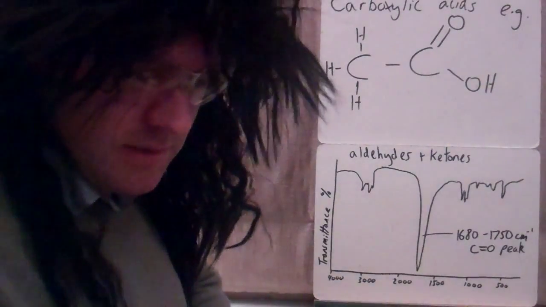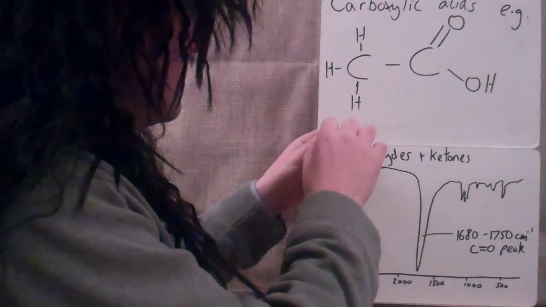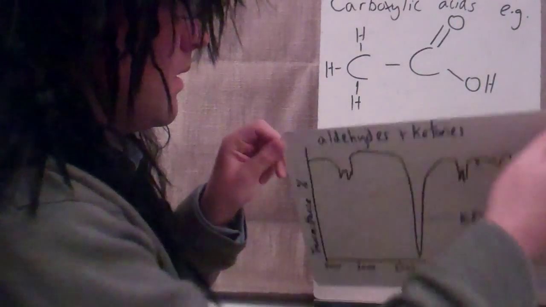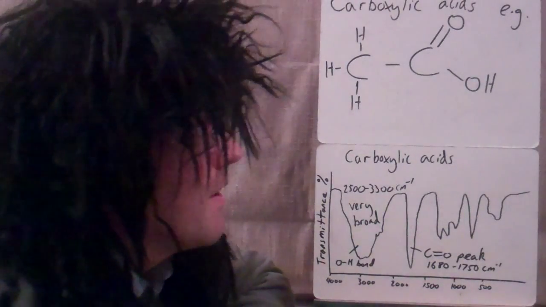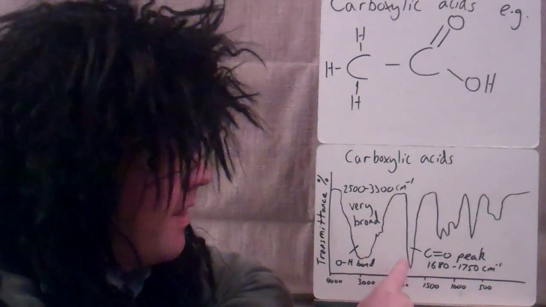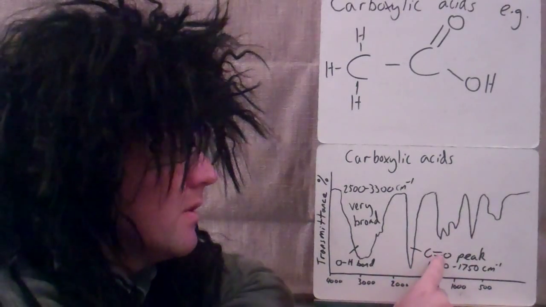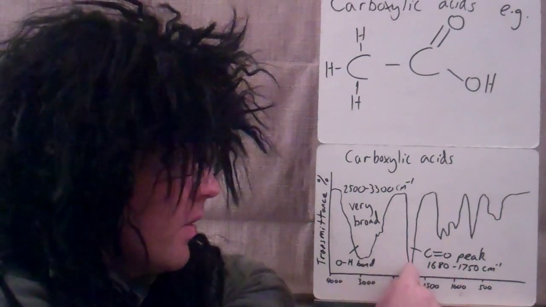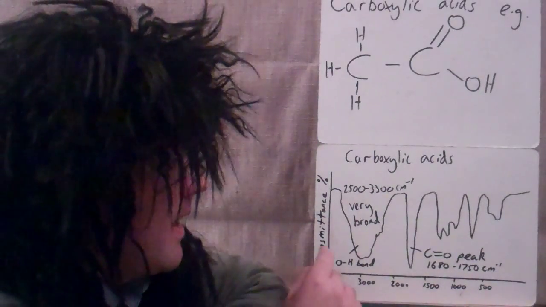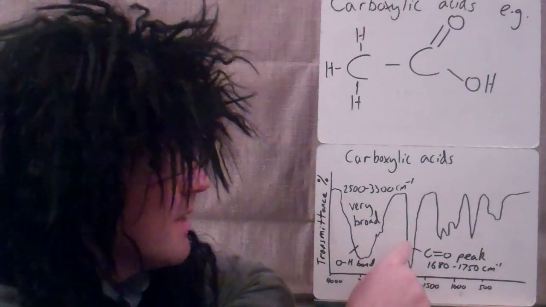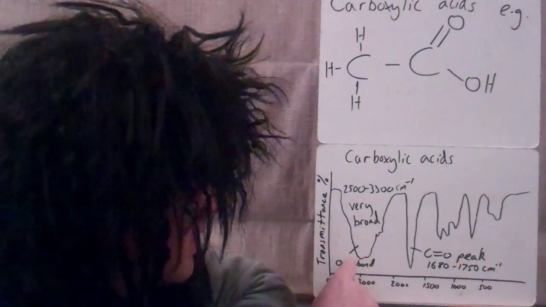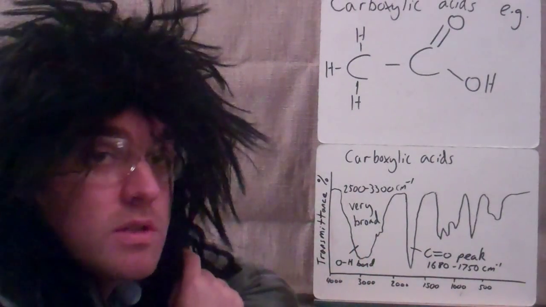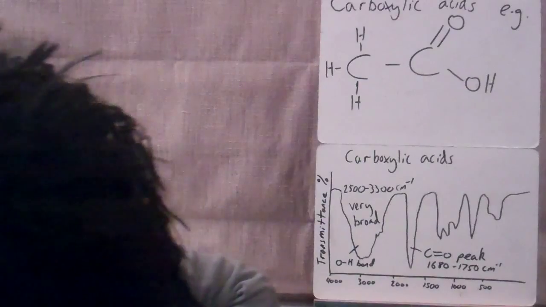are carboxylic acids. They've got something similar to aldehydes and ketones. That's the double bond O, and there it is again in the same area, carbon double bond to oxygen. There we go, absorption peak there. Now here though, we can tell that it's a carboxylic acid rather than a ketone with an alcohol group, because the OH group is in a slightly different place to where it was when it's an alcohol. If we look back at the alcohol one,